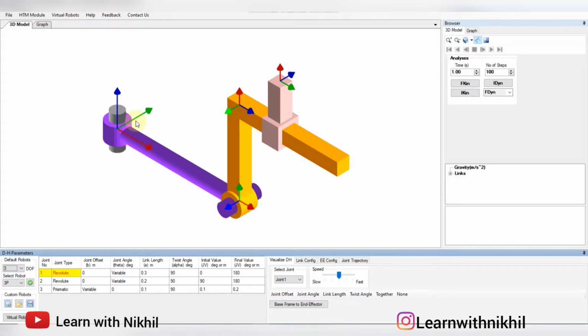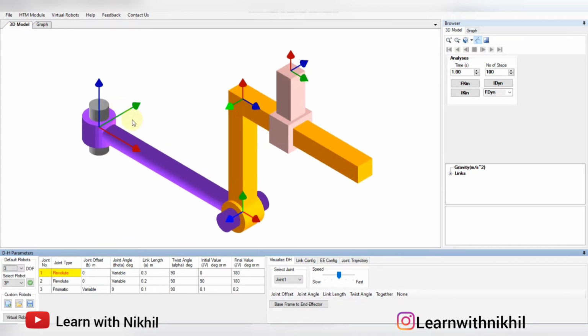Now to understand this in a much better way, first again you have to see the z-axis. As you know, the z-axis is pointing in this direction. It will rotate about this z-axis. This z-axis is pointing in this direction. This is the z-axis for the prismatic joint and this is again the z-axis, the final z-axis of the end effector.